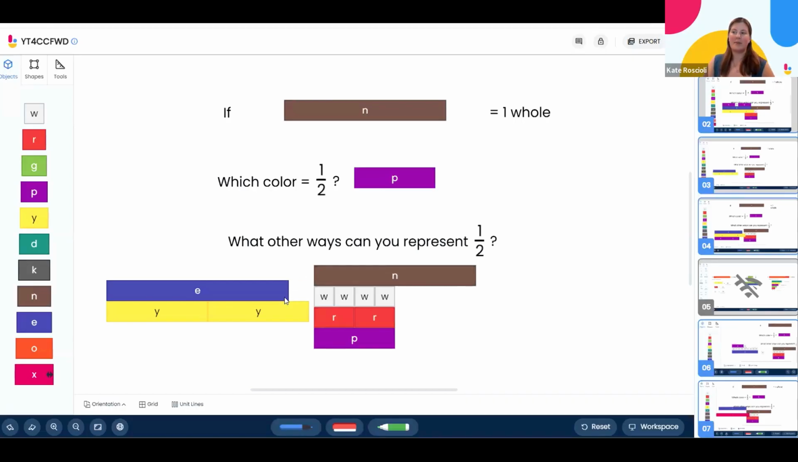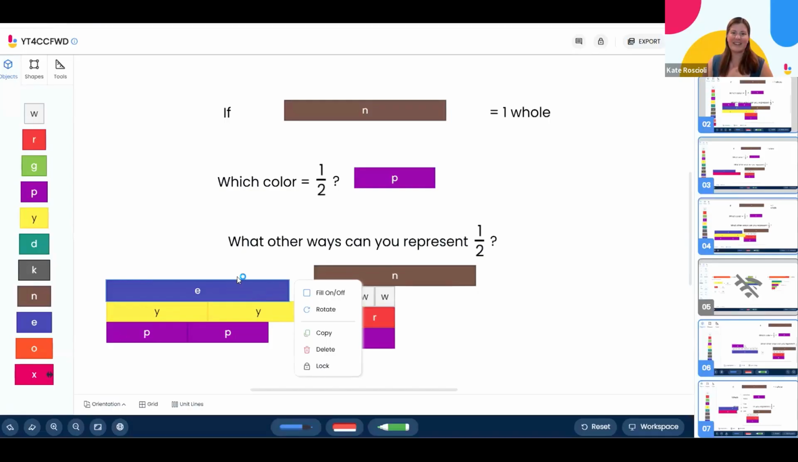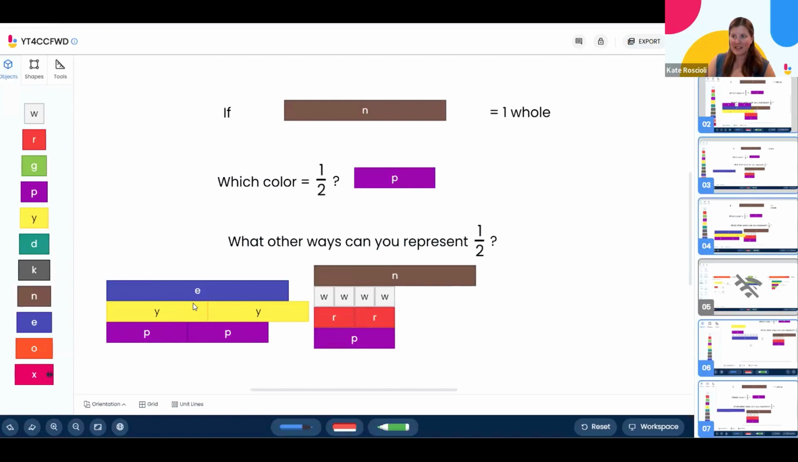Yellow's a white piece too long. And if I go one smaller, I'm a white piece too short. So not every color has a full piece that's half. Yes, we could do purple and half of a white, right? We could be creative to figure out where a half is, which actually could be really cool for your students,